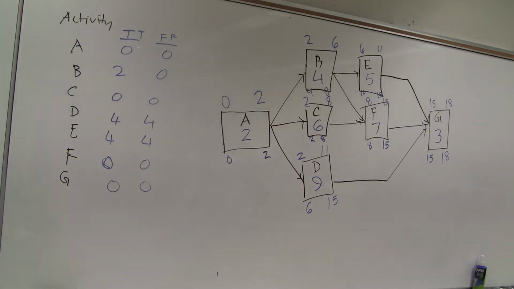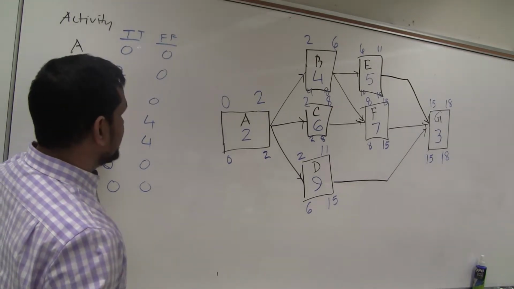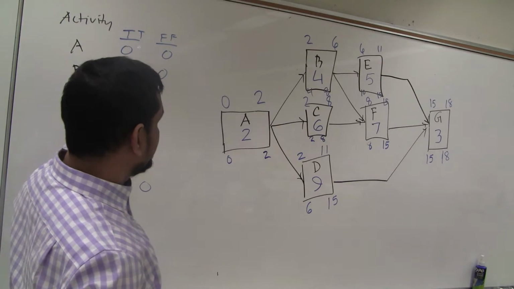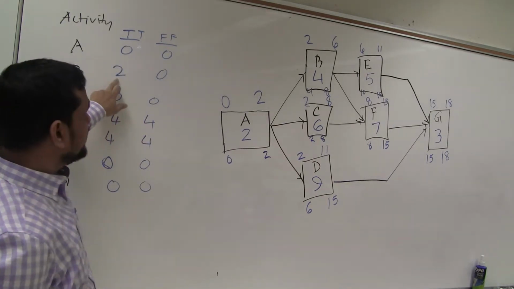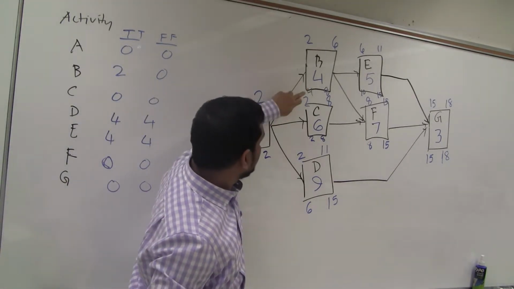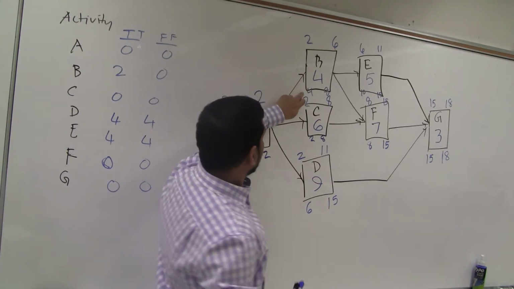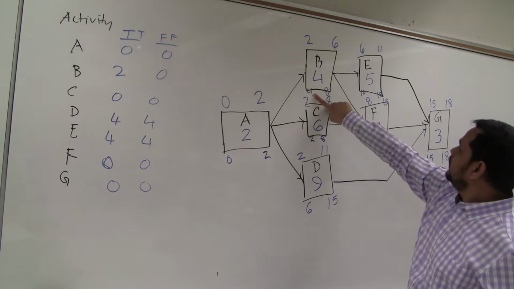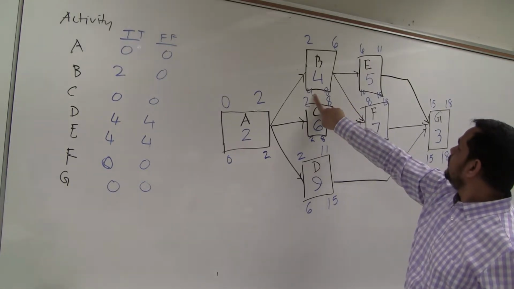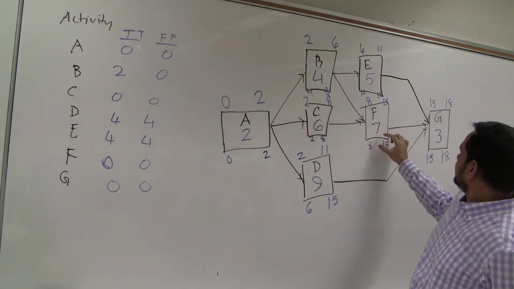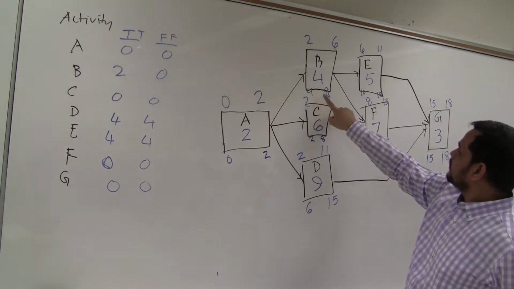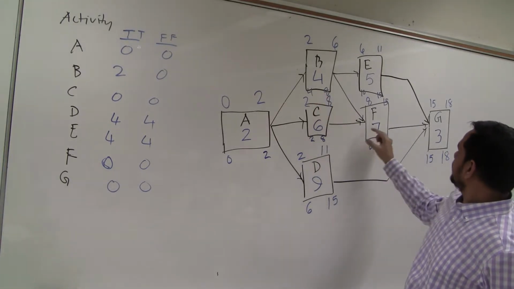Shouldn't B float? If 8 minus 6 is 2. I made a mistake. Shouldn't that be a 4, 6 instead of the 8 on the bottom right hand corner? That should be a 2, on the right? The bottom, the late finish, shouldn't that be a 6? No, it should be an 8.